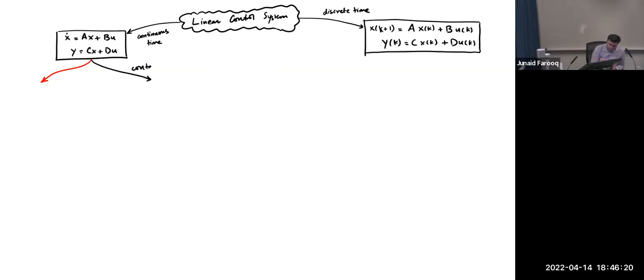If they were controllable, basically we went on with the controller design. And if the systems were not controllable, we said, why don't we do a controllable decomposition and then proceed with the controller design,